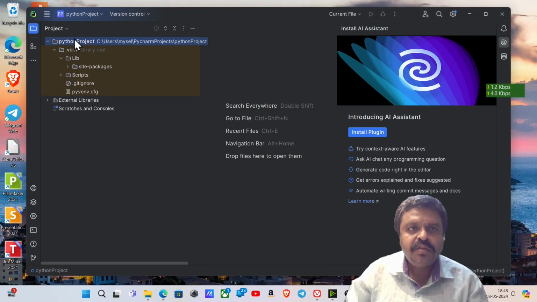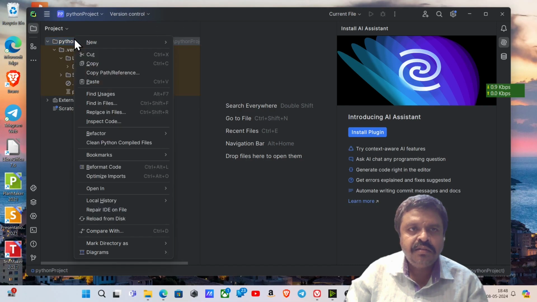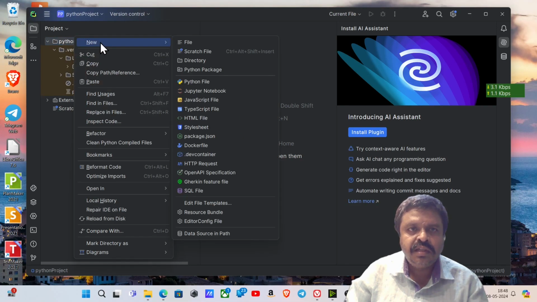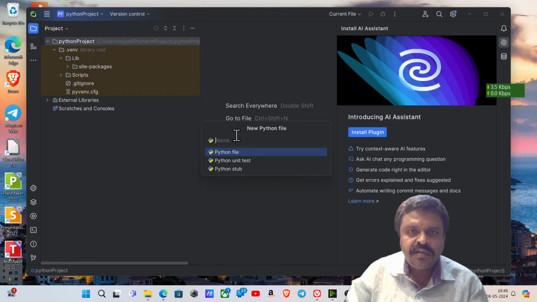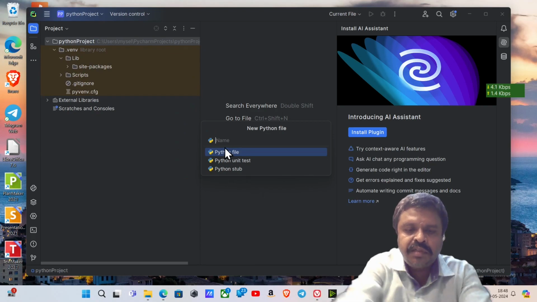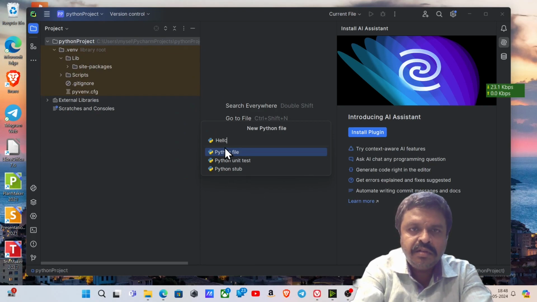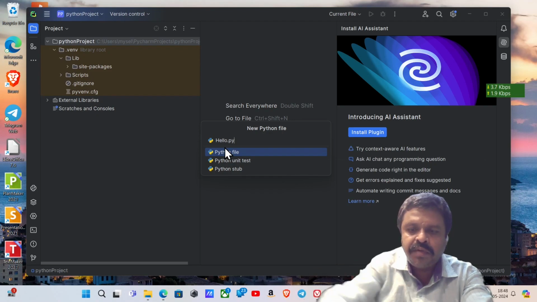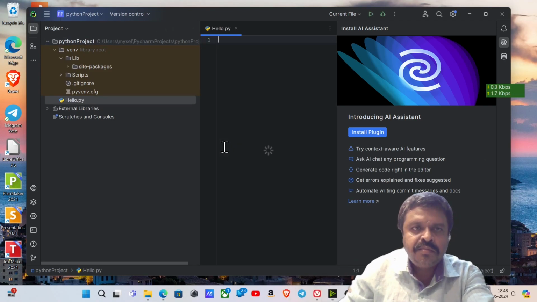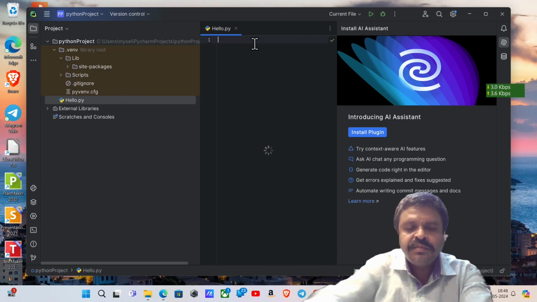Now we're going to create a Python file. Right click on the project and click on new. Then different files are there. Click on Python file. Okay, we need to type the name hello.py, press enter. The Python file got created, and here we are typing